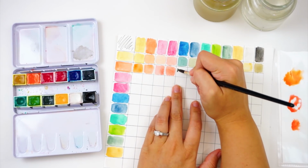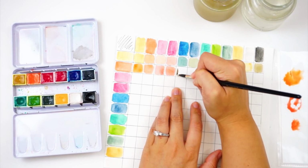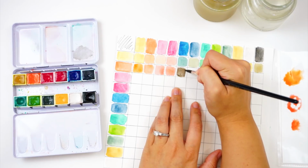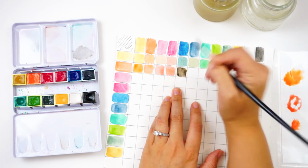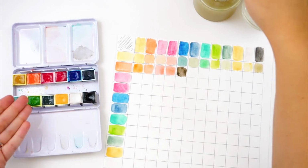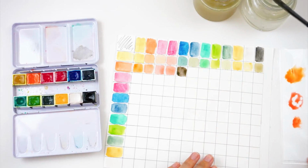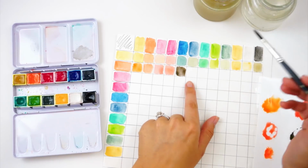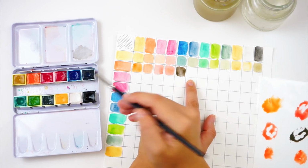And that's just what I know from having studied color theory and played with watercolors, and that just takes time. You can get a color wheel, but this is a great way. Like, there's no brown in this palette, so how do you make brown? Well, blue and orange makes a really deep bark brown. We've got this deep blue,